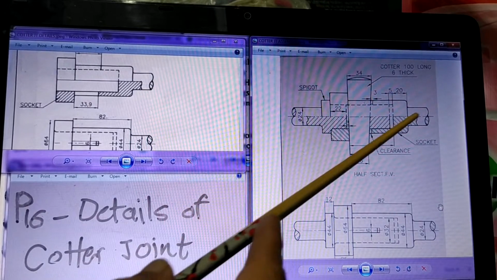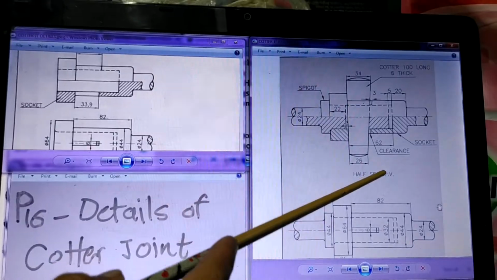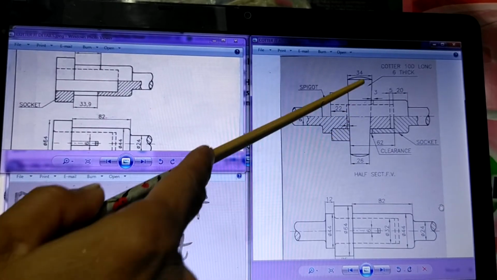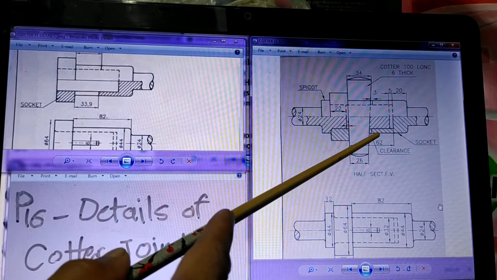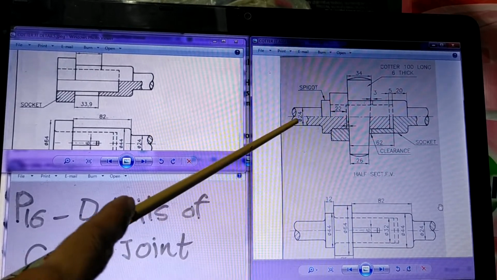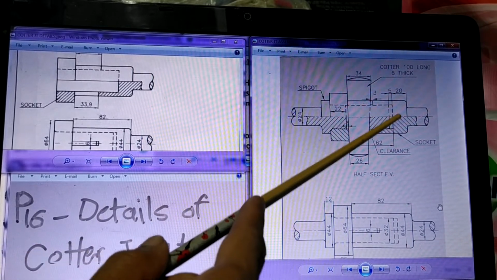So this one rod is here, other rod is here. Now these 2 rods are connected to each other by this joint. So when you put a quarter pin, then this quarter pin goes across both these parts, and as a result the joint takes place. Now for making this assembly, this spigot end has got a rod end which goes inside the hole of a socket end.